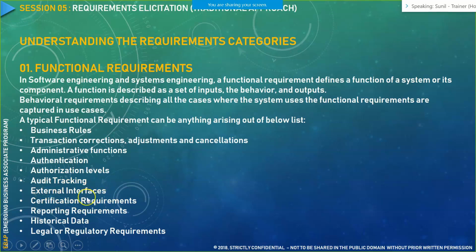External interfaces, like if any other system, an outside system, is interacting with your system. Like in Amazon's case, the PayPal system is different through which they make payment. The Visa system is different through which they make payment. So Visa, MasterCard, PayPal are external interfaces to the Amazon system. Then you have certification requirement. Essentially, it happens in a networking context. They have certain protocols or certain standards to follow. Are they following those particular certification requirements for that particular project? Those are also part of your functional requirement.